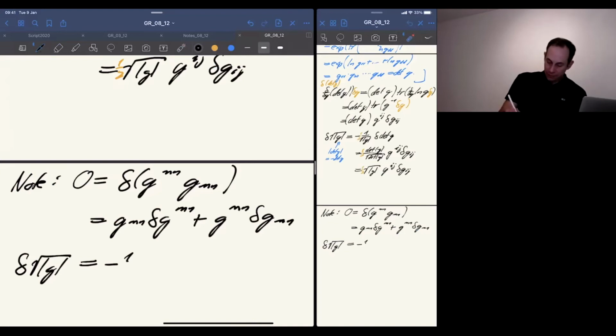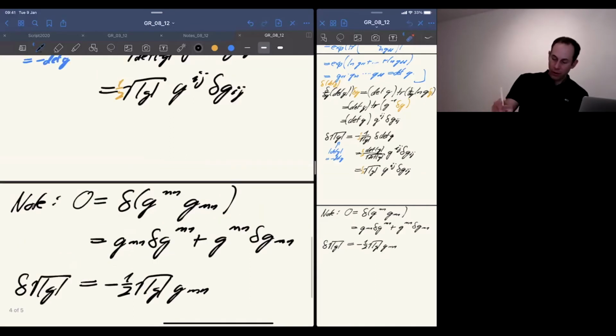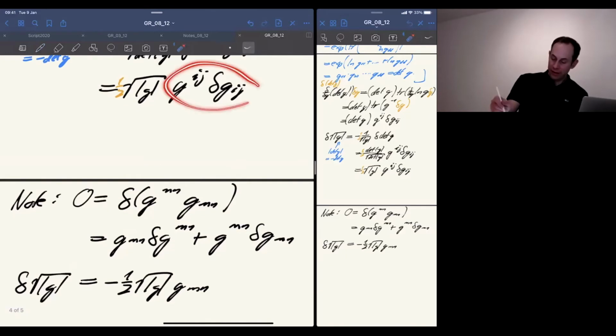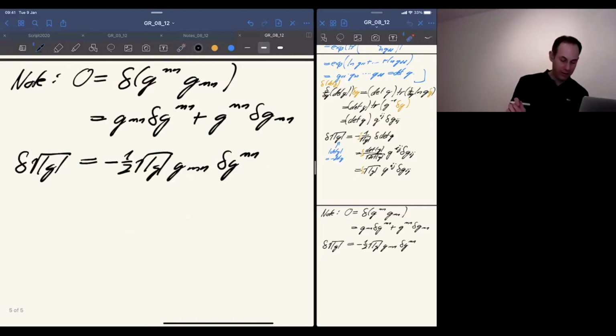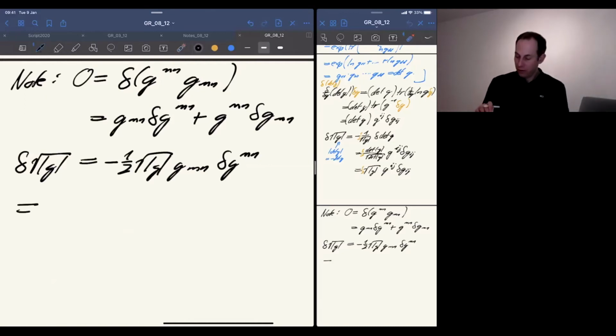And then we get this. I can now exchange upper and lower indices, and for later use I will call them, instead of i and j, just m and n. Of course, indices I sum over can always be relabeled as long as I do that consistently with all the indices the same. Okay, now given that, we finally have an expression for what appears here as the variation in 1.